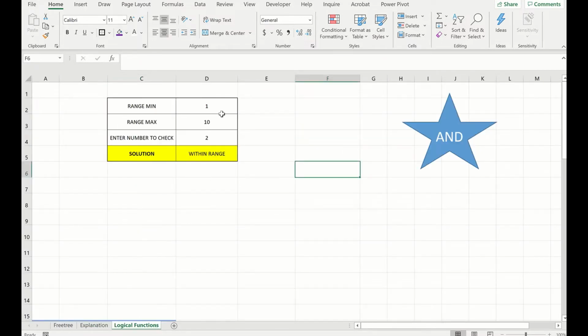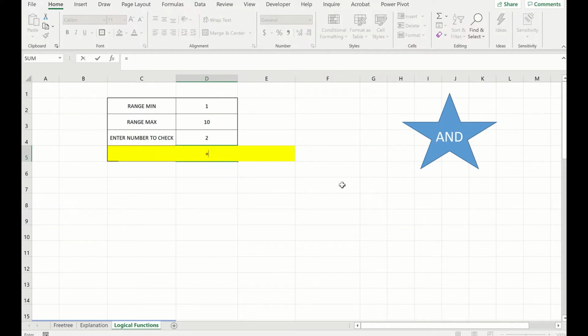The first example: we have to select a range, 1 and 10, and then enter the number to check. In the solution, we can accomplish this in two ways: one is using a nested IF, and one is using the AND function. So let's do the AND function, nested inside an IF function.